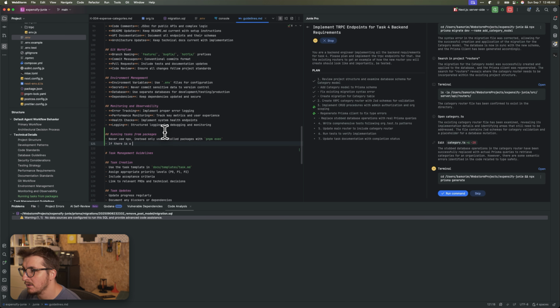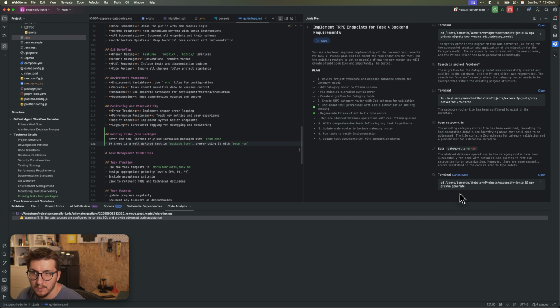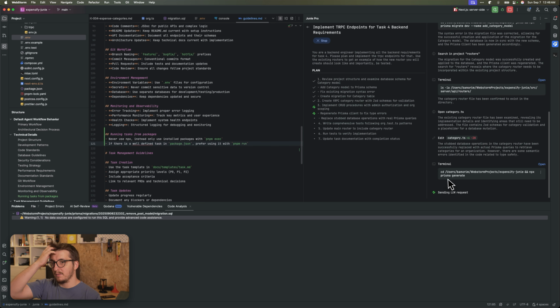If there is a well-defined task in package.json, prefer using it with npm run. Run command. I don't like it, but